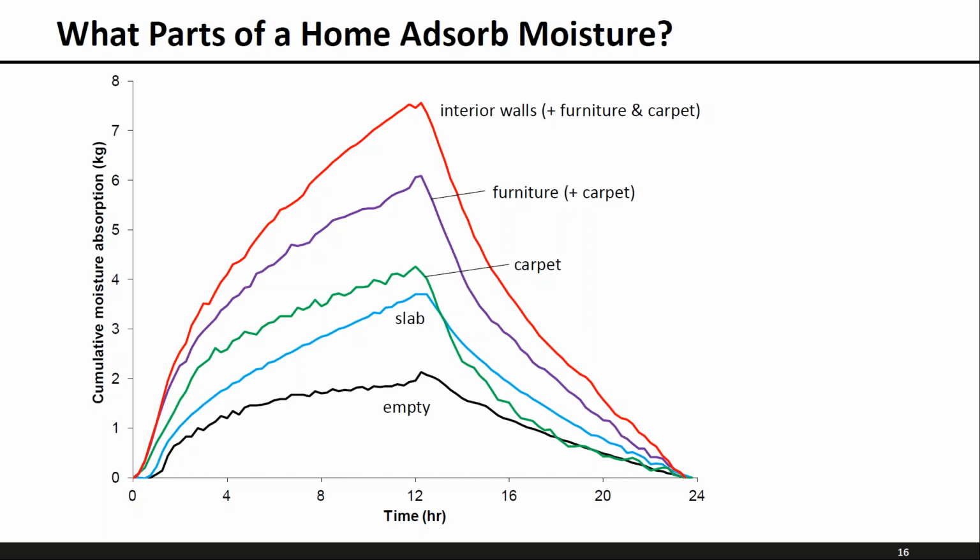And then incrementally, we changed the experiment we ran. On the y-axis here is how much moisture was absorbed cumulatively over those different 24-hour tests. In the next test, we removed the vapor barrier to see the effect of the slab, which, as you can see, added another 2 kilograms or so of moisture absorption. Then we also added carpet, and then we added furniture and interior walls. This really gives you an idea about how much moisture, 7 kilograms is 7 liters of moisture, can be added or buffered in the house due to the materials.